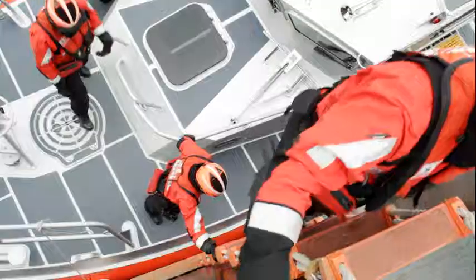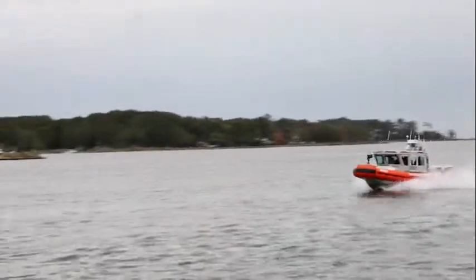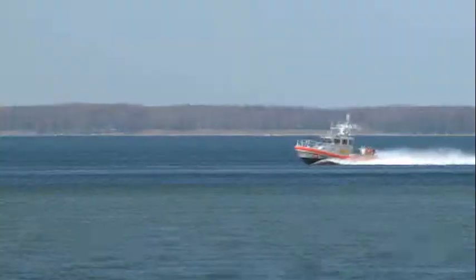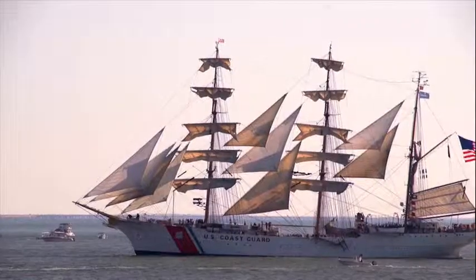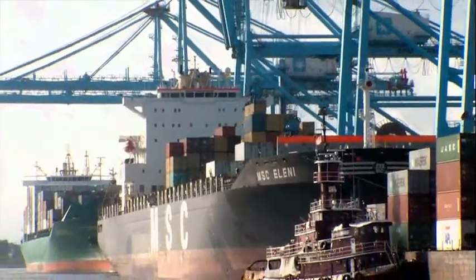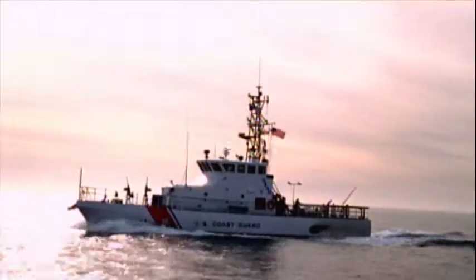Semper Paratus, always ready. For over 2 centuries, the U.S. Coast Guard has been the nation's last line of defense for maritime interests. In the heartland, in the ports, at sea, and around the globe. The Coast Guard's mission: to protect the maritime economy and the environment, to defend our maritime borders, and to save